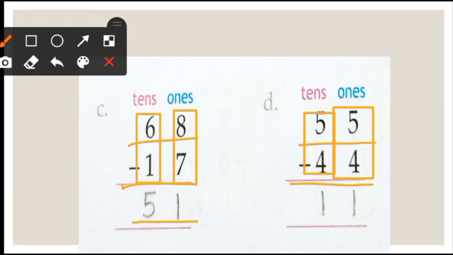For this question, we will draw 5 lines. Let's start. 1, 2, 3, 4 and 5. Now, we will cut our 4 lines. Let's start. 1, 2, 3 and 4. Now we will count our remaining line and the line is 1. Okay, and we will write it in the answer part. Now we will move on to our tens part.